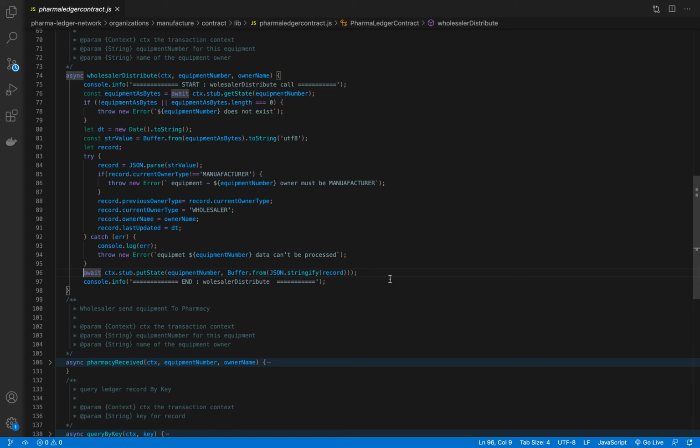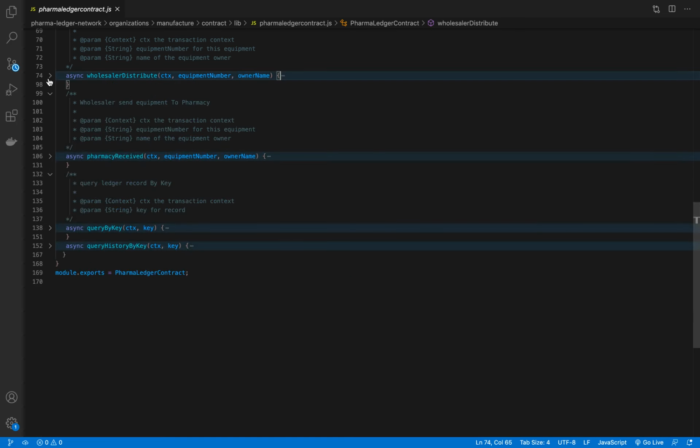So once this is done, once this particular line 96 gets executed, the asset will get stored in a new owner's name, which is the new owner that we have provided here. So this completes the second stage of the transaction. Next is